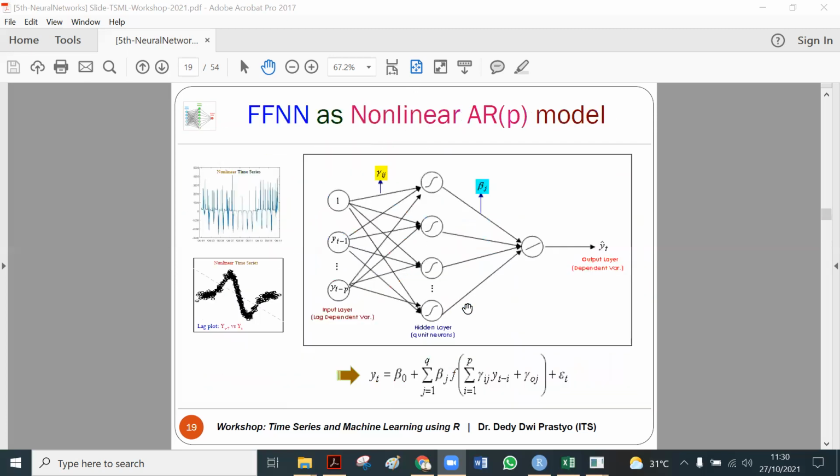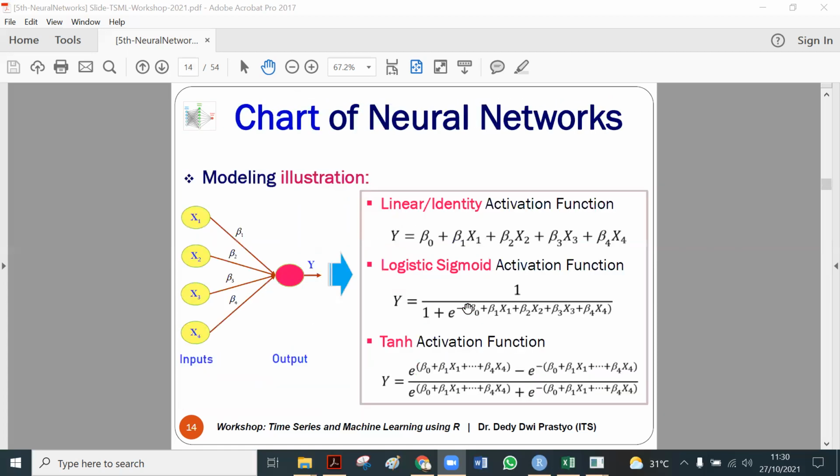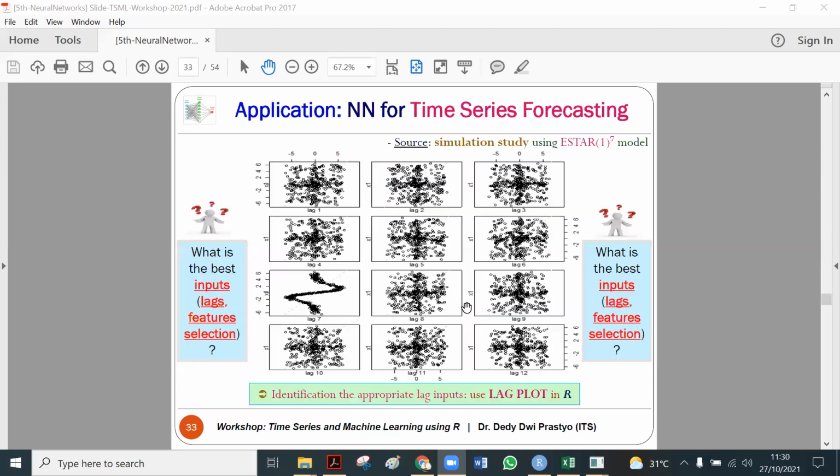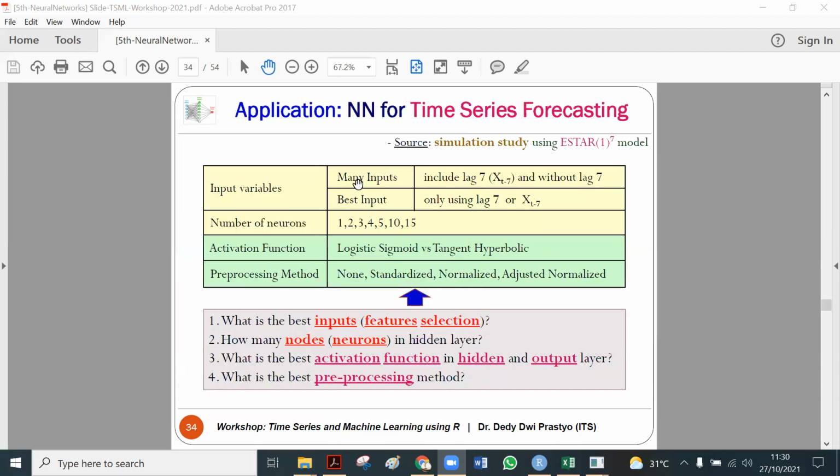Okay, or you can also follow this scenario. You determine how many inputs, which lags will be assigned as input, and then you make some scenarios for the number of neurons.